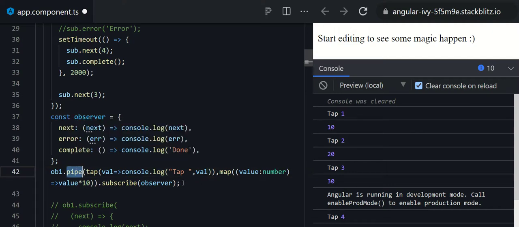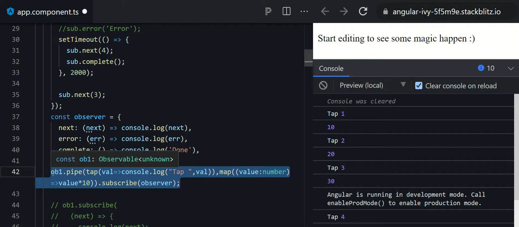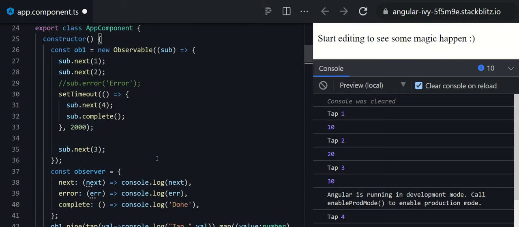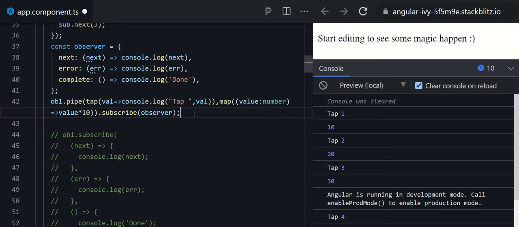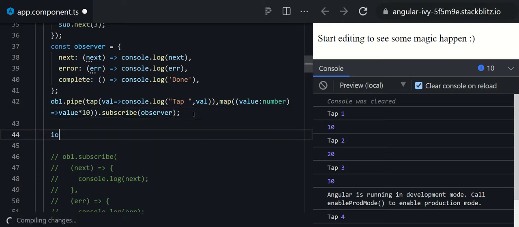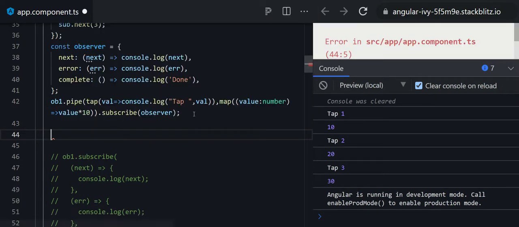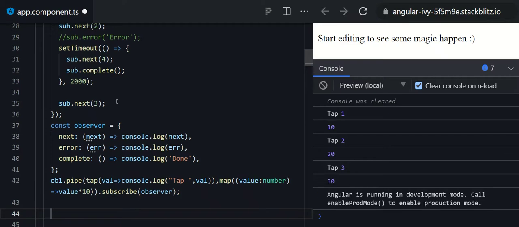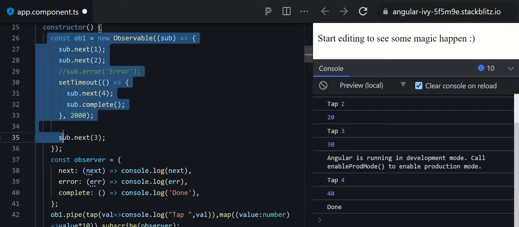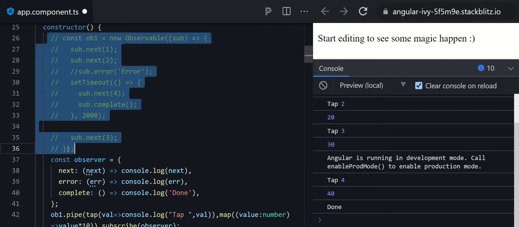So this is the pipe. This is a pipe operator, and some of the operators are creation operators, so we can create an observable. For example, the of operator. Let's try to understand what the of operator is. of is an observable creator. Instead of ob1, I am just going to remove that one, and I can do the same thing